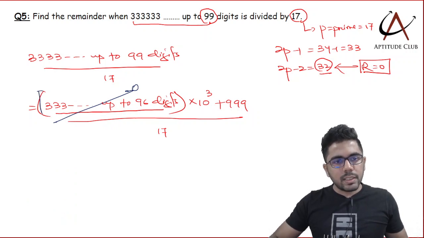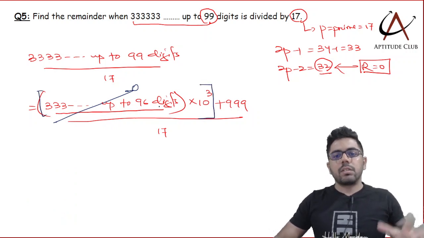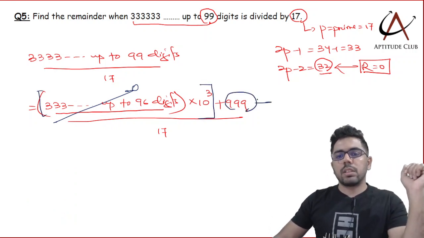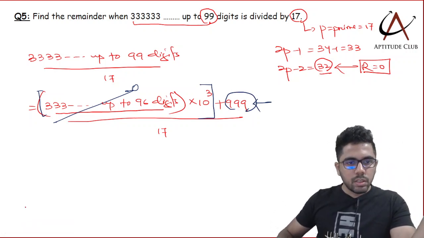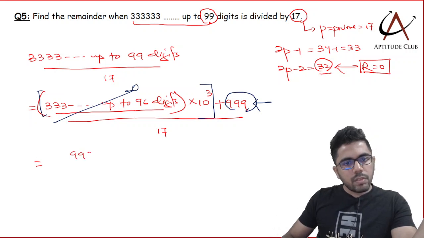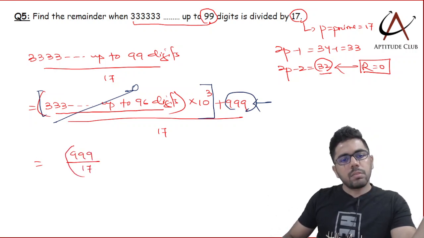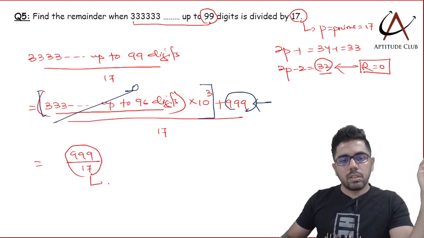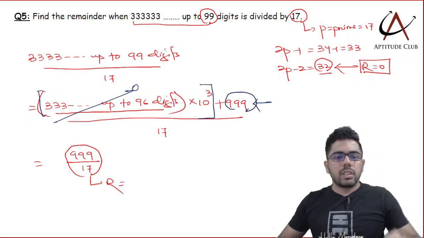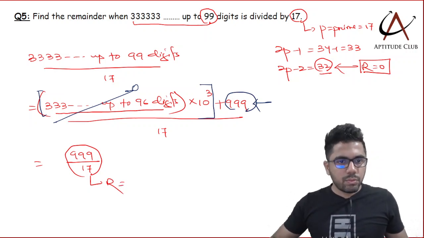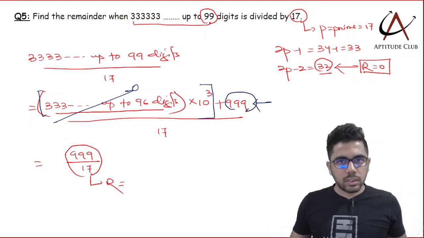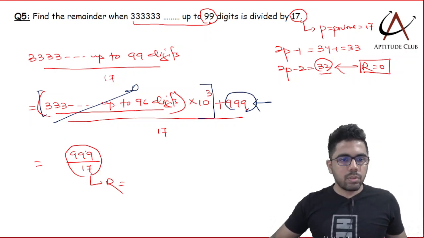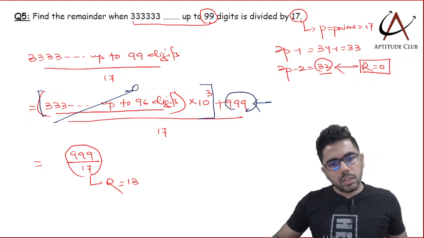नाउ थिंक अबाउट दिस, द रिमाइंडर हियर इज 0, तो ये पूरा 96 डिजिट्स तक इट डजंट मैटर, यू आर जस्ट वरीड अबाउट द लास्ट 3 डिजिट्स, बस उतना ही सॉल्व करना है। देख रहे हो कितना इजी है, तो जस्ट यू डिवाइड 999 बाय 17 एंड फाइंड द रिमाइंडर, जो भी आएगा। 17 5 85, तो 14 आ गया, 149, 17 into 8 is 136, तो ये 149 है, तो रिमाइंडर आई थिंक 39।